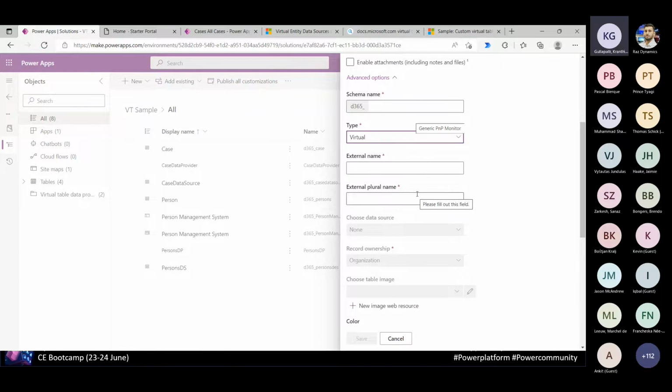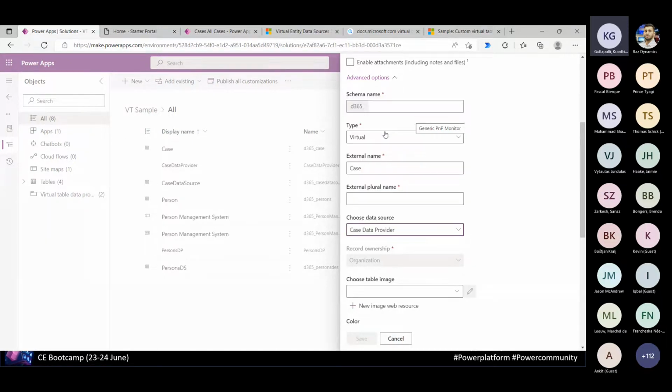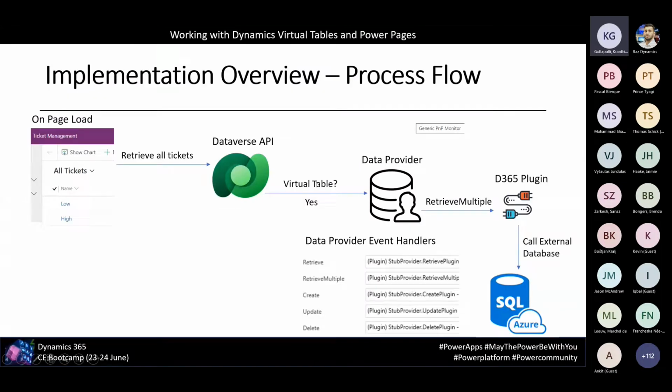So if you see, it has enabled this choose data source. So we can give an external name. It is just for our purpose. We can say cases. This is the important part. And whatever data provider we created from the XRM toolbox or plugin registration tool, we just need to select here. So this is the mapping for the virtual table, and it is the link for Dataverse and a